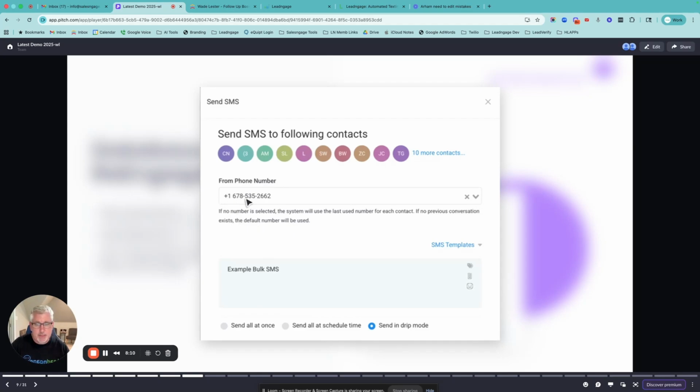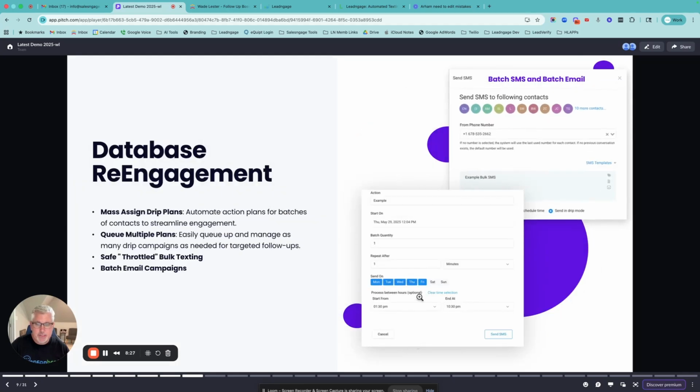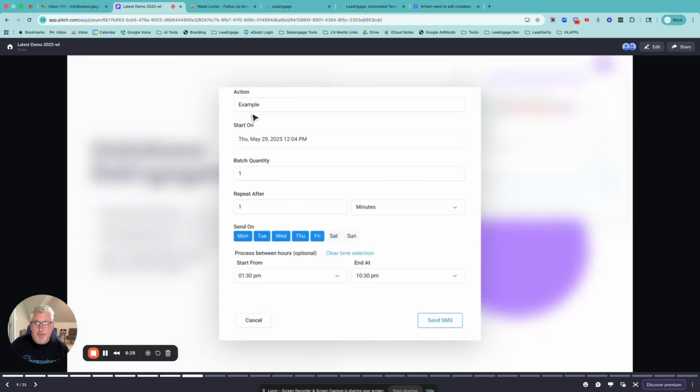So you would go into our system and you would select choose from phone number. You can type your message. You can add attachments. This works great for event notifications, for database re-engagement, anything you want to send out, right? And it's really fast. We're going to send in drip mode here. All right. So we would send in drip mode, and then we would name our bulk action,